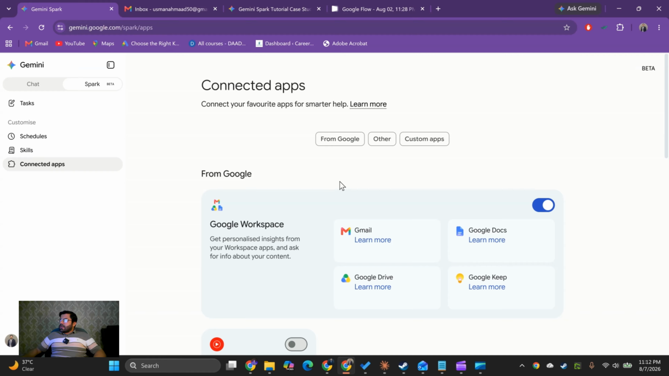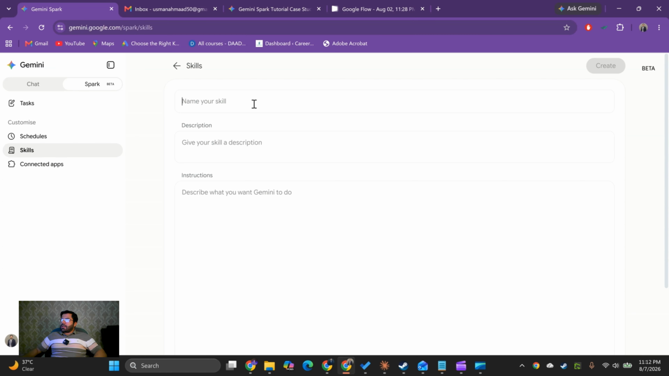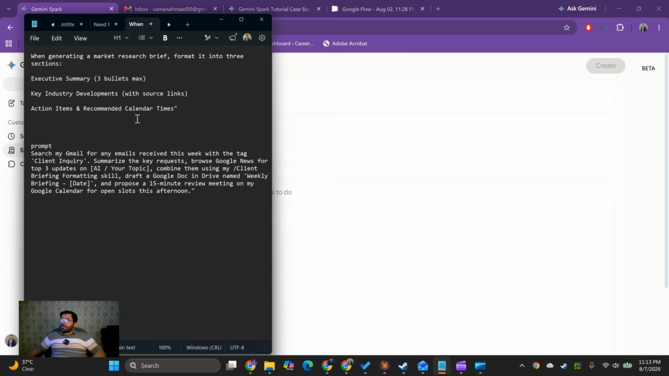So let's just start with the simple task here. First of all, I'm going to create a skill here. So click on create manually. So for example, I want to give the name of this one as client outreach skill, and I have one description for this one,